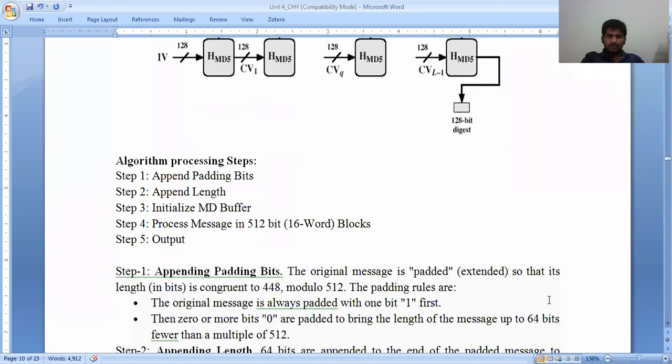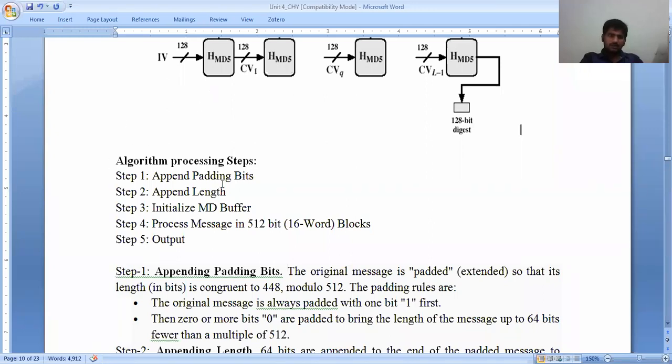So how are we going to do this? Generally we discussed this message digest type. From the exam point of view, this is how we want to write it: the message digest is computed at the sender side, and we transfer the message digest along with the message through the network, and the receiver calculates his own message digest and compares it. If you write only like this, you are not going to get more marks. So for a clear explanation, write what the algorithm is and what the diagram is, and how to follow it.